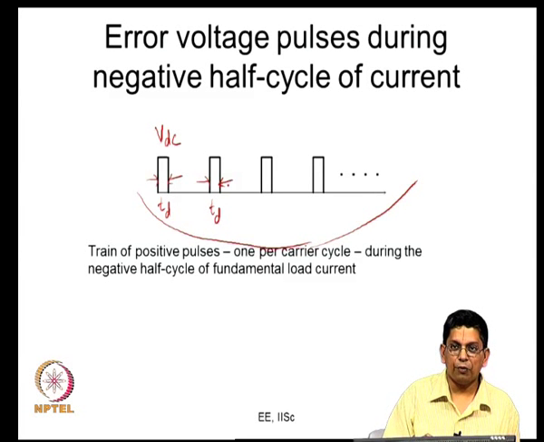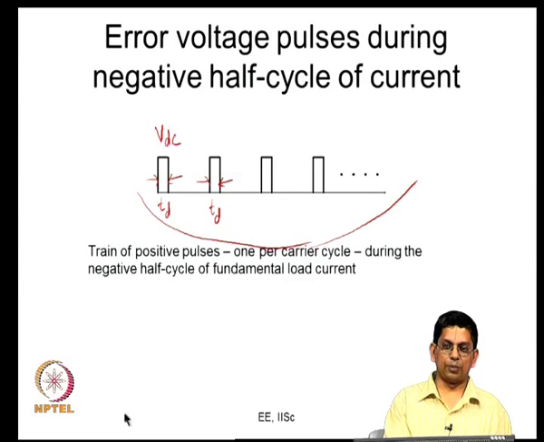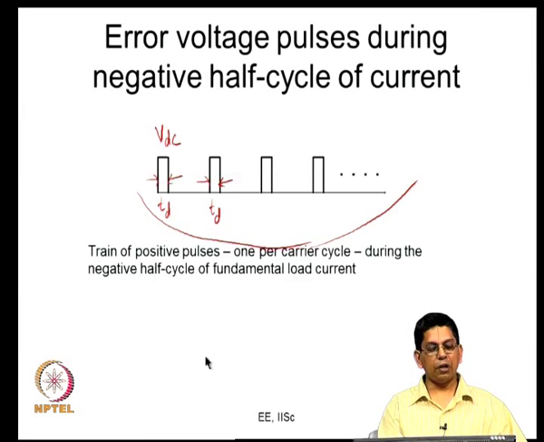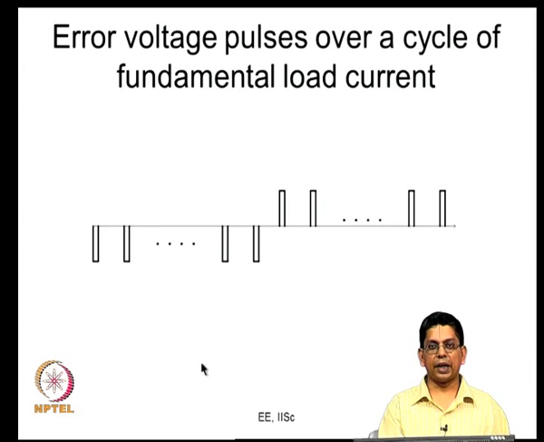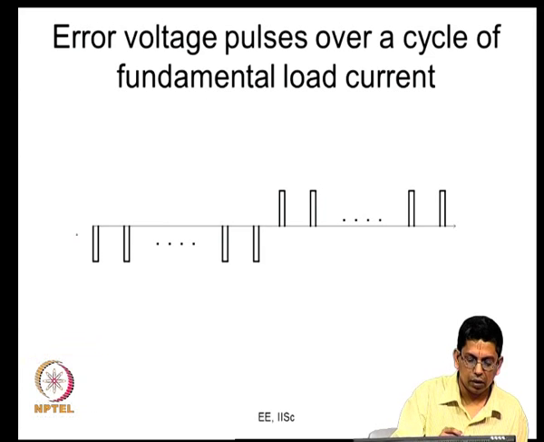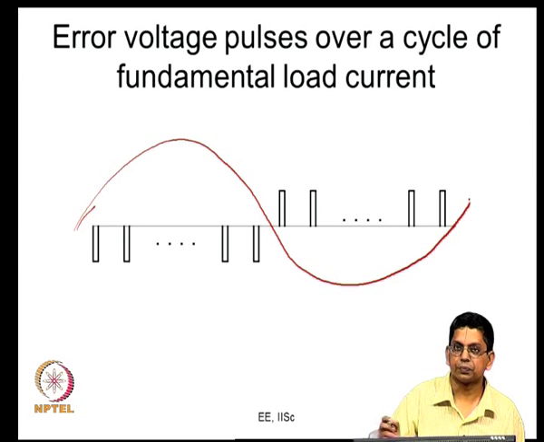So, what we wanted to do is, when we are using dead time, we cannot but use dead time, and once you are using dead time, you have to find out how the actual pole voltage is. What we are trying to do is, we know the ideal pole voltage and we know the error between the actual pole voltage and the ideal pole voltage. So, it is easy to come up with that. So, we will combine our understanding of the positive half cycle and negative half cycle of the current. So, now let us say you have a current which is like this.